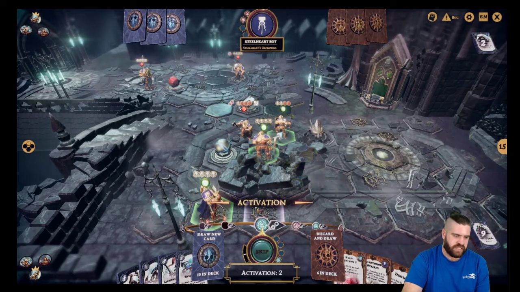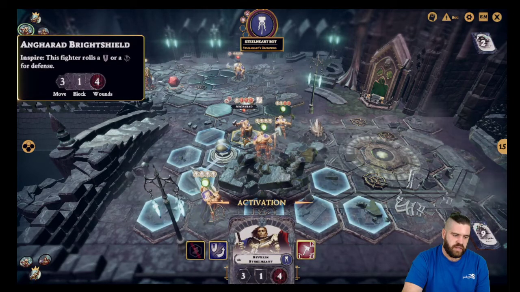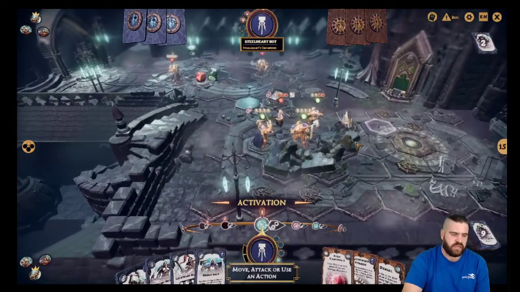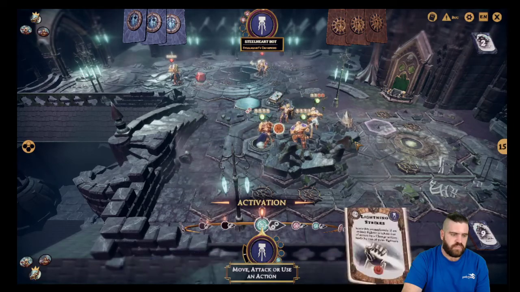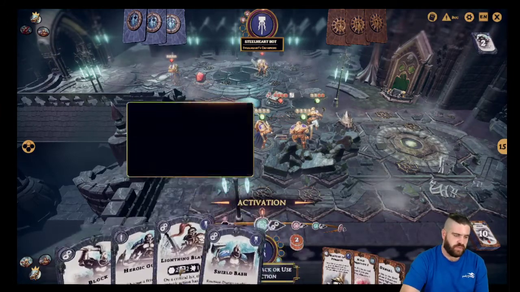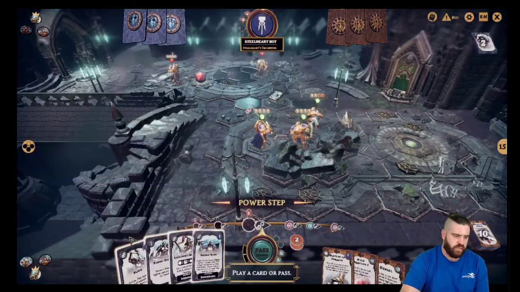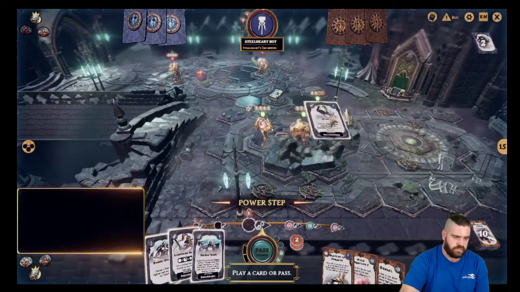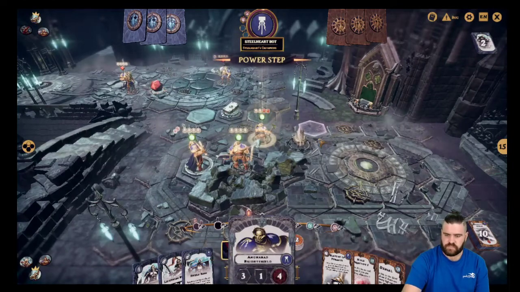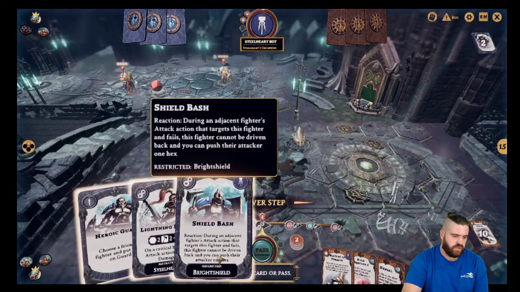So it is my activation. So now we want to take Severin. We want to charge Unharted, and we want to hit that. Because if we defeat her with this charge, which we do, we will get the lightning strikes and we will get a glory for doing the damage. So now we've got a bunch of upgrades that we can start putting onto characters. So we're definitely going to put block onto Angharad. And we are definitely going to put